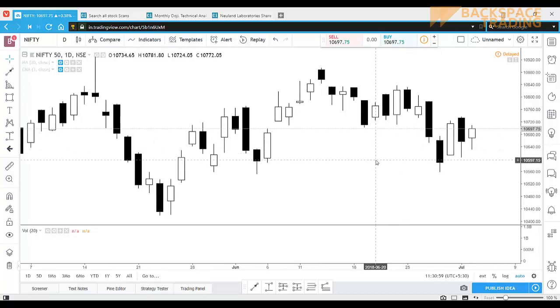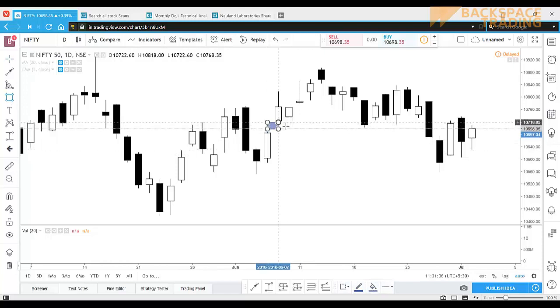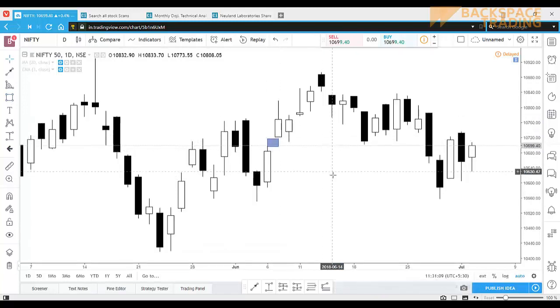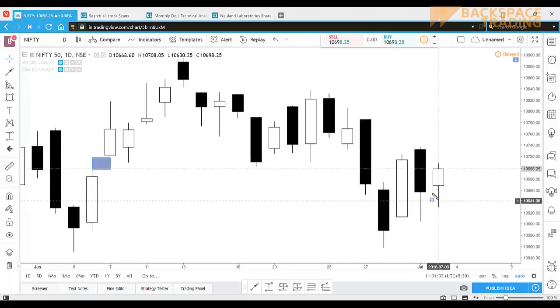Gaps are nothing but spaces between two candles. That much you learned. Isn't this a space between two candles? Right? Yes. This is a space between two candles. There will be a space every time, but let me tell you, this was the close